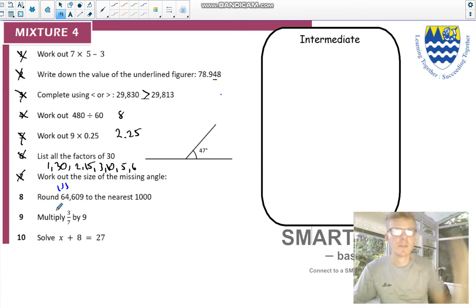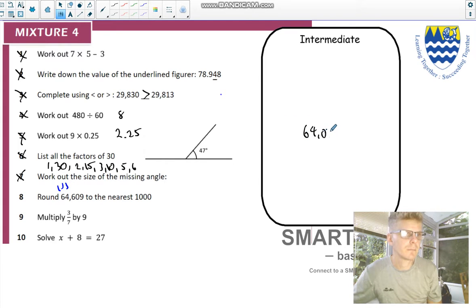Question 8, round to the nearest 1,000. Okay, so let's first say the number. So we've got 64,609. Okay, so here is our thousands column. So we've got units, tens, hundreds, thousands. I want the nearest 1,000. So we're saying are we closer to